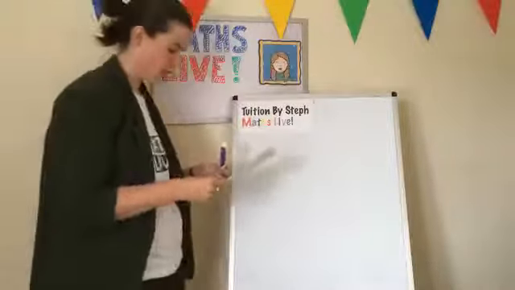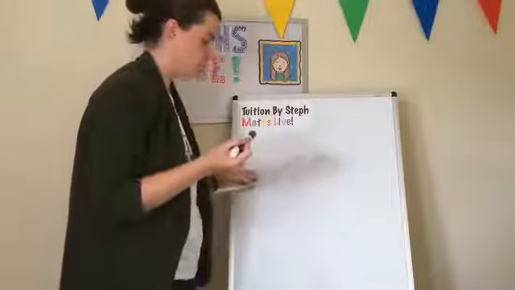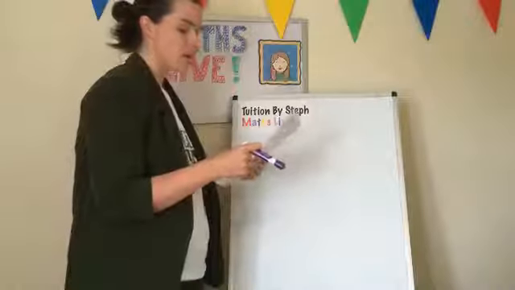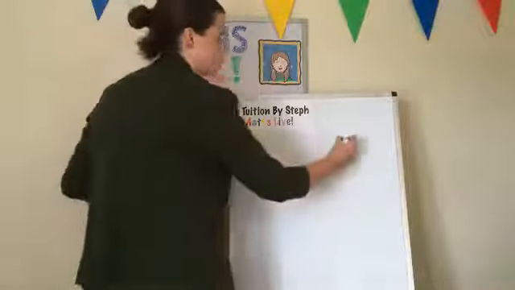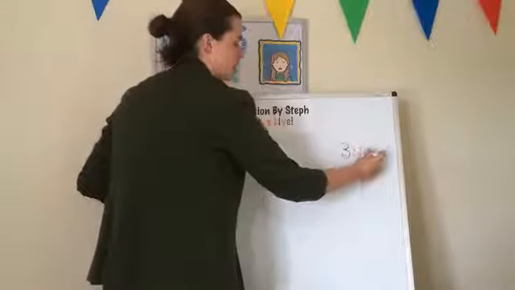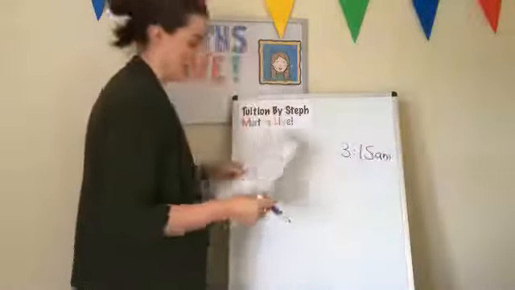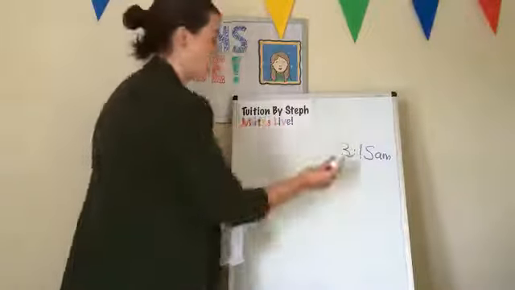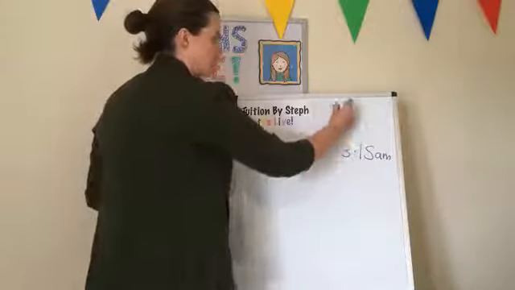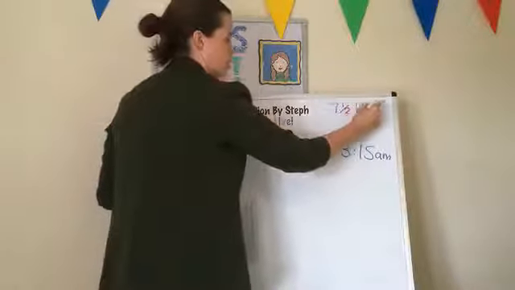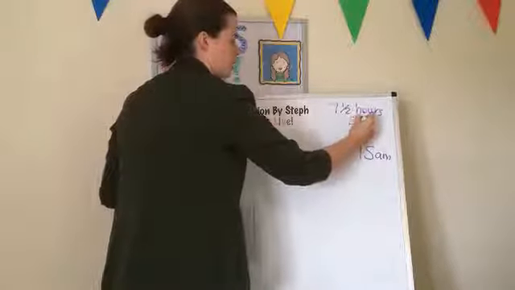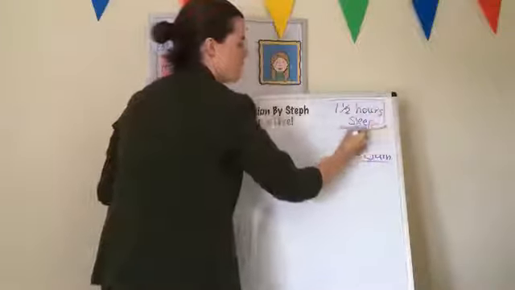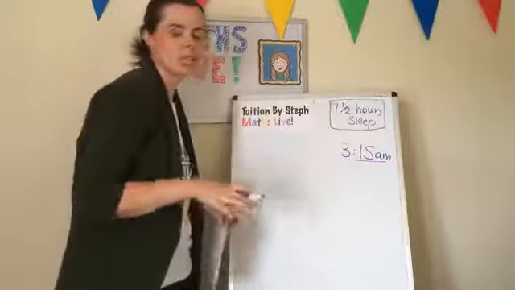Last question. I like this one because we need to work backwards. Jacqueline needs to catch a flight early tomorrow morning. She needs to get out of bed at 3:15 a.m. but wants to make sure she has at least 7.5 hours sleep. Okay, so this is the time she needs to get up, but she really wants 7.5 hours sleep. What time does she need to go to bed?